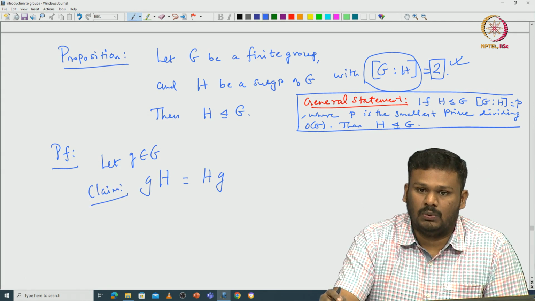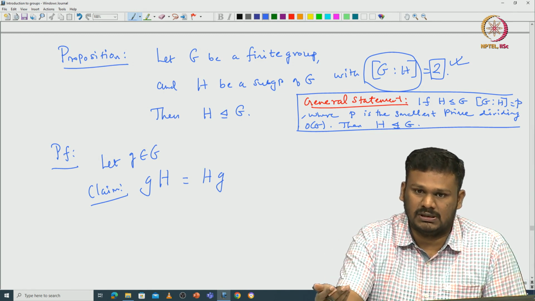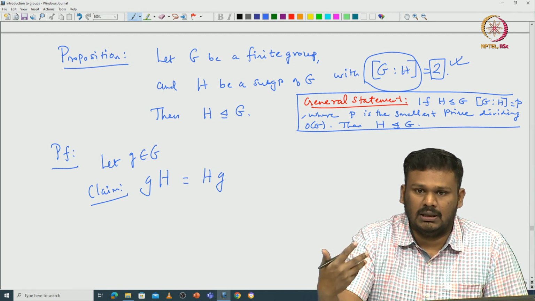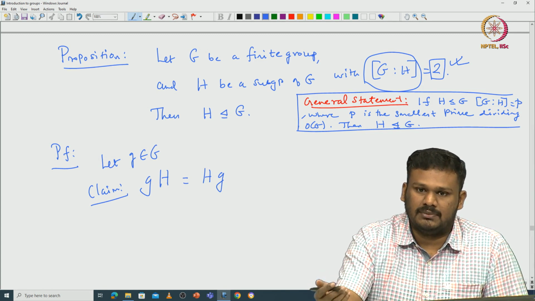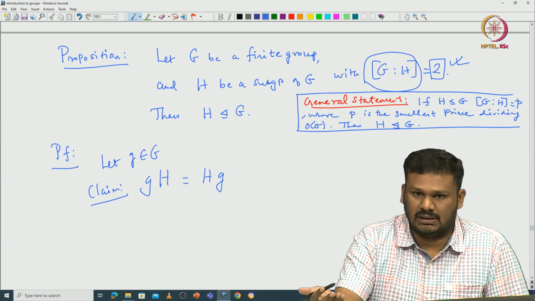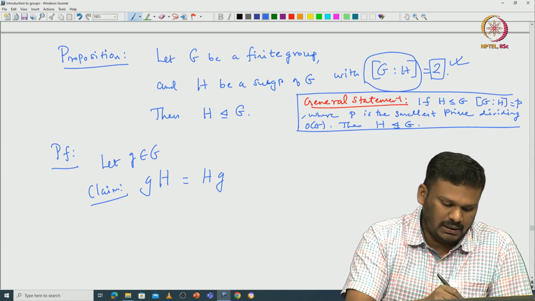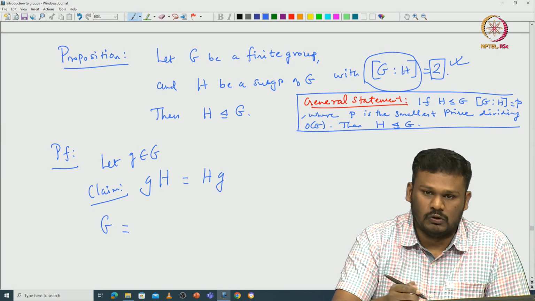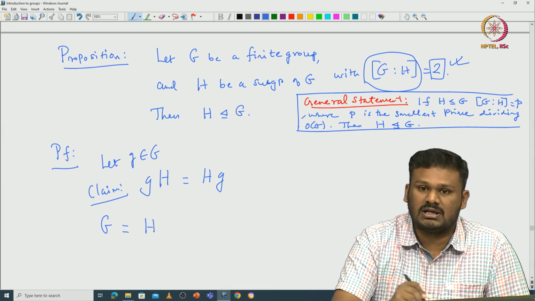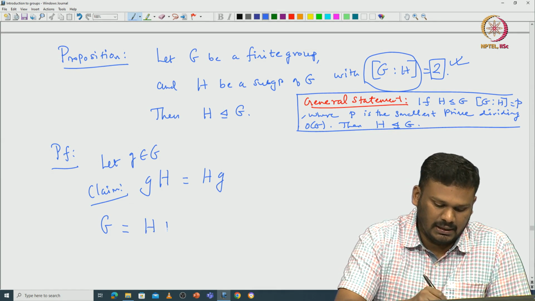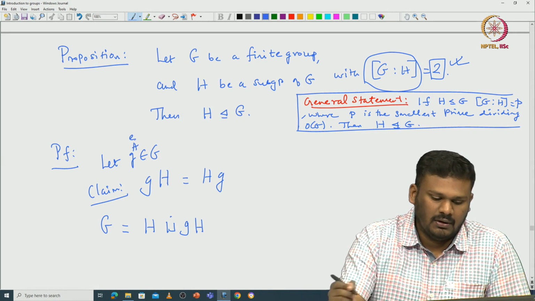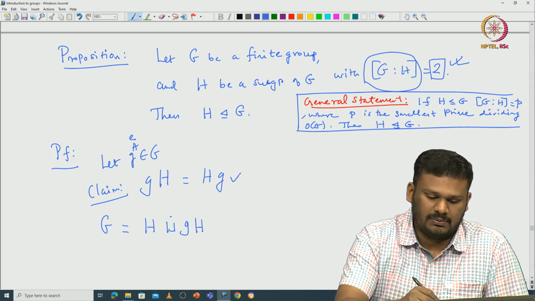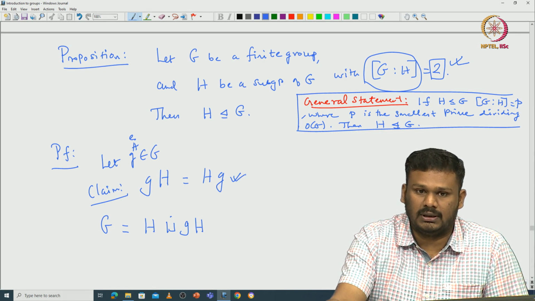Because we have a one-to-one correspondence between the set of all left cosets of H in G and the set of all right cosets of H in G, the index 2 captures the number of left cosets as well as right cosets. In particular, if you partition G with respect to the left cosets, you get first H, which corresponds to the identity, and then the disjoint union gH, because you start with g which is not the identity. When g is the identity, this statement is obvious, so we don't need to worry about it.